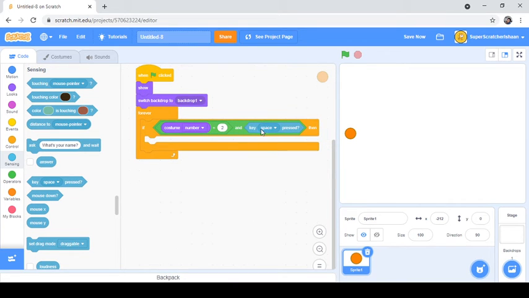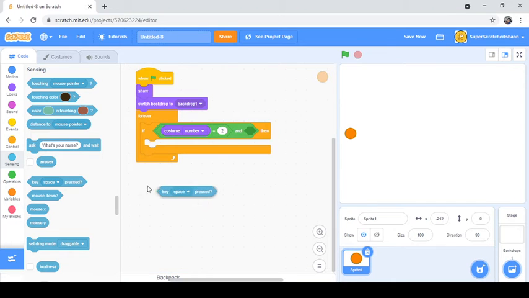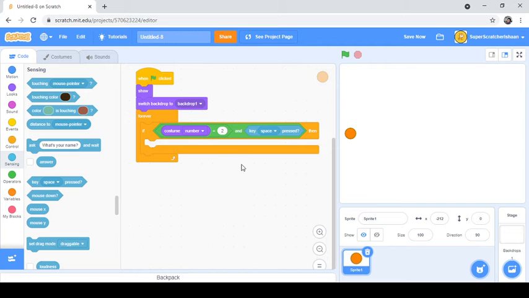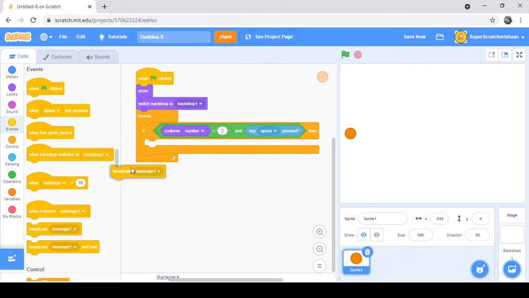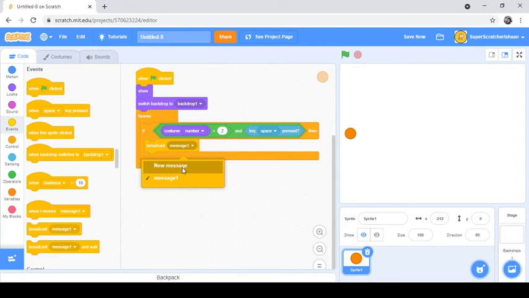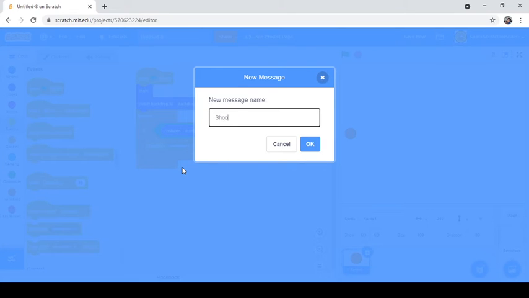Actually, I want mouse down because I have my speak key. Okay, anyways, we are going to broadcast. This is shoot bullet,